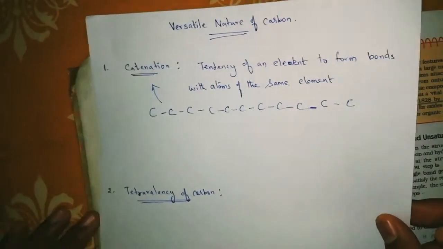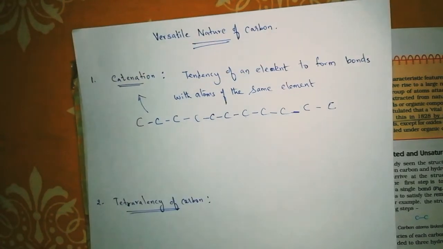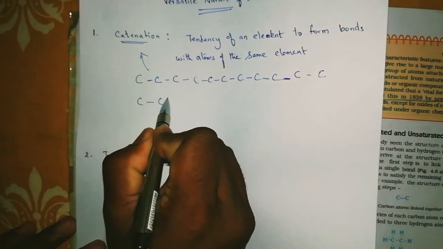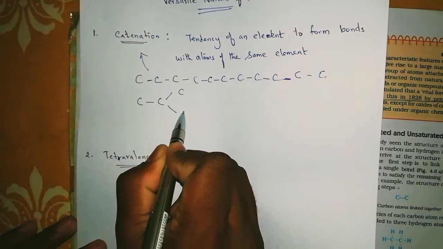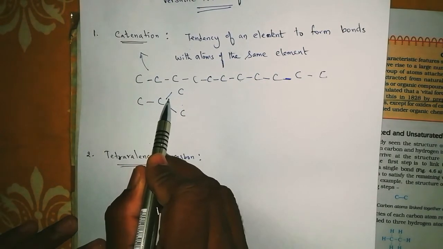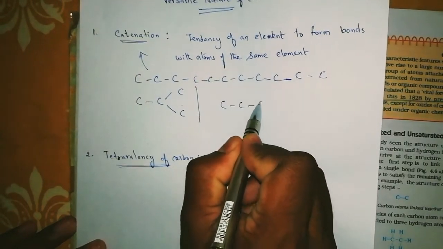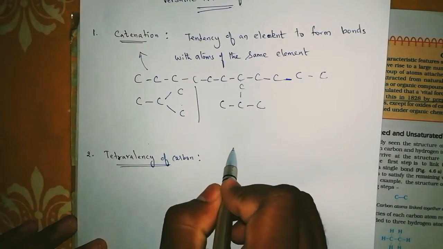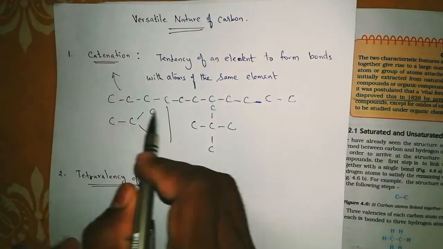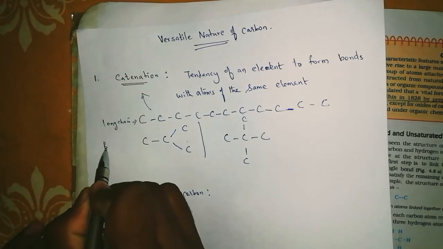Okay, let me give an example for this. So this is one example for a long chain. That means carbon can form a long chain, and also carbon can form a branched chain, like this. This is a branch, looks like a branch, right? So this is one example. I can give another example also, like this. Branched. So carbon can form a long chain, branched chains,